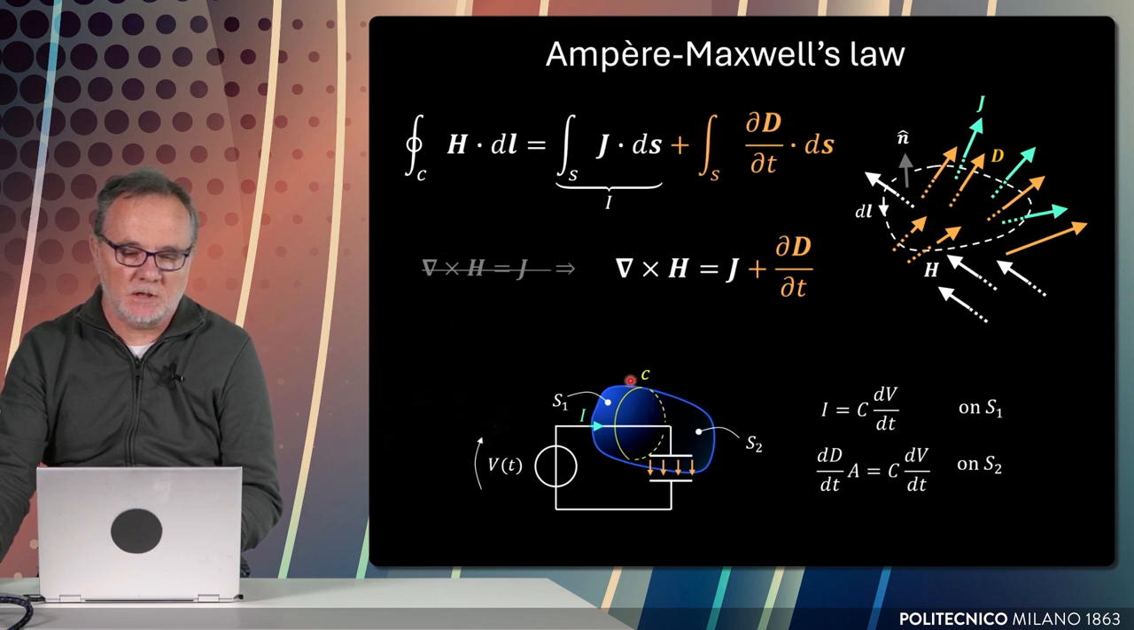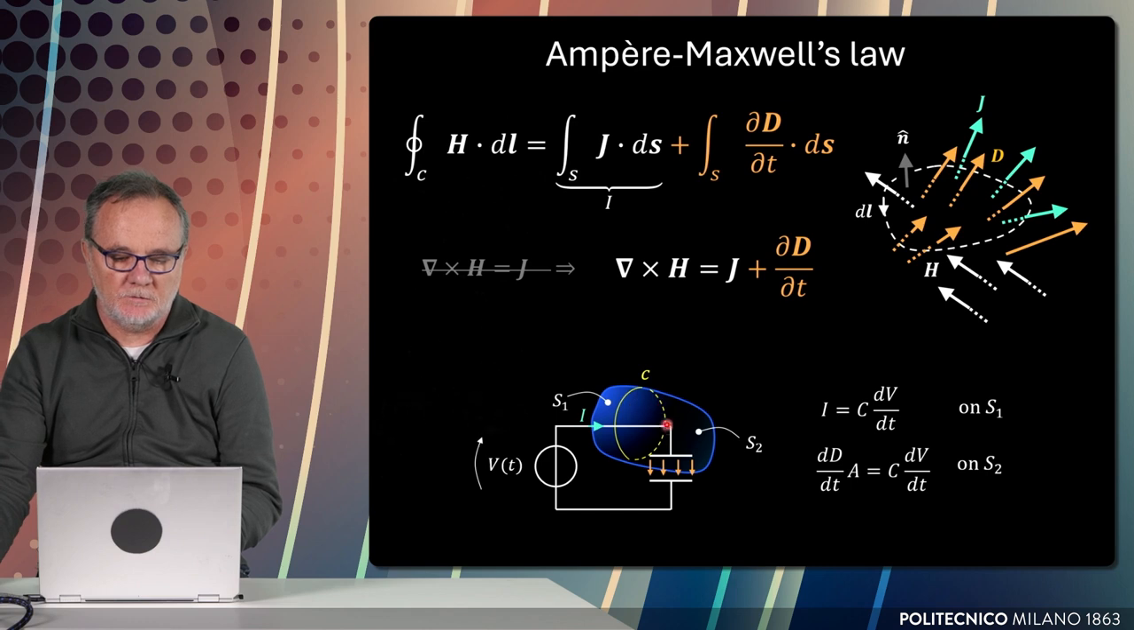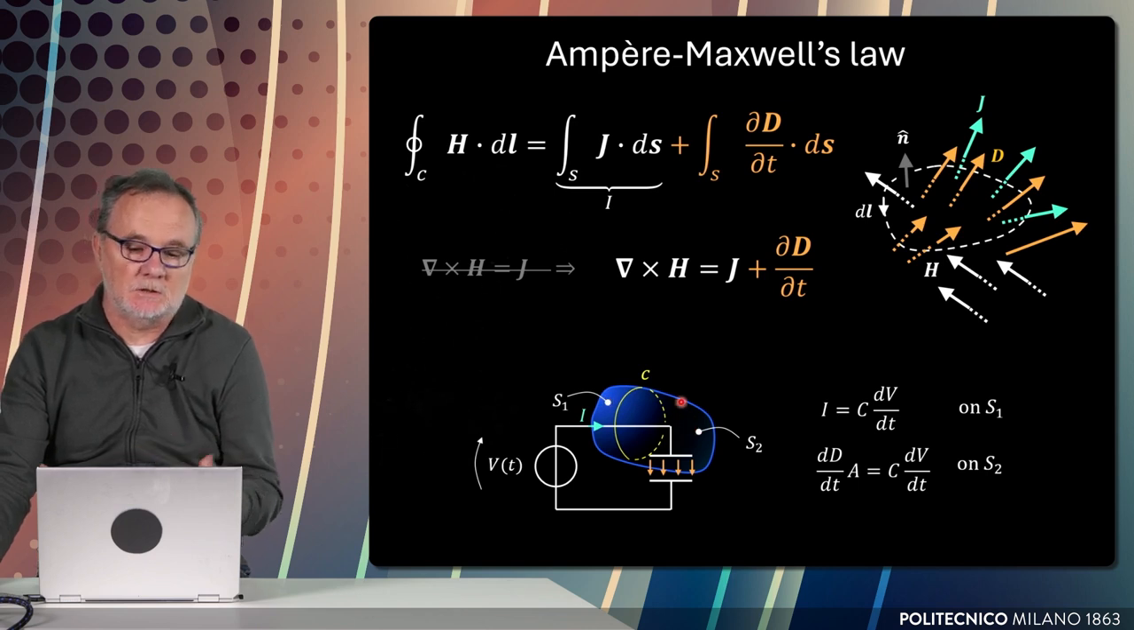Okay, so let's consider a closed surface that embraces on this left side the wire, on the right side the inner part of the capacitor. Now, the circulation of H is carried out on this yellow line. Clearly, these two surfaces, S1 and S2, this is the splitting due to this line on which we carry